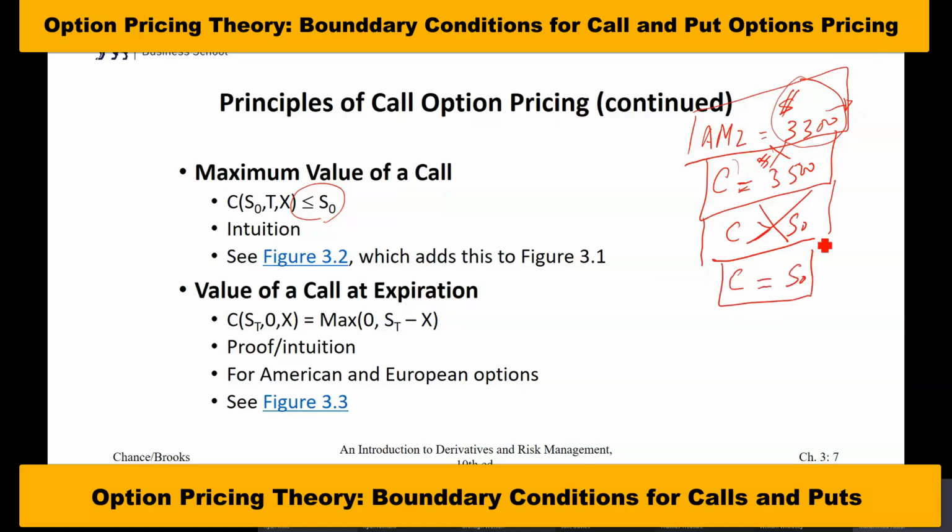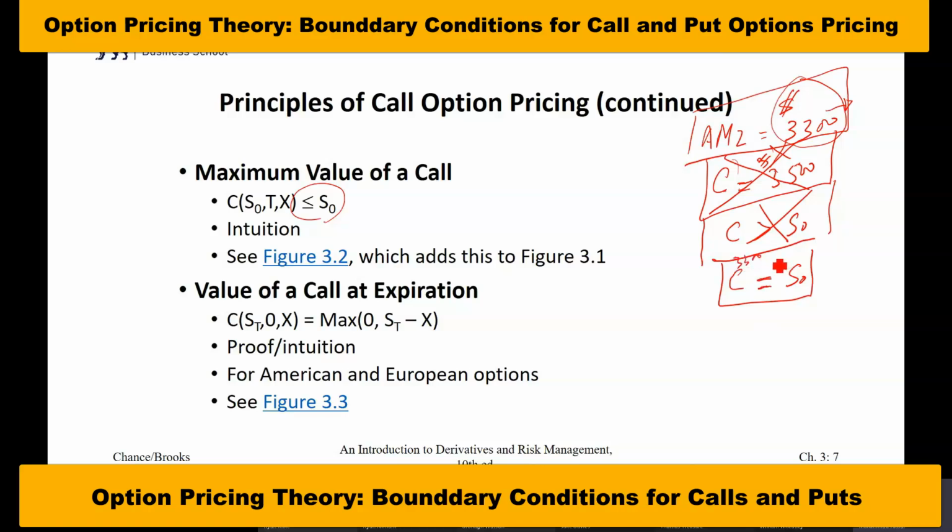When will this be happening? What I'm saying is that it is possible that I can buy a call option which gives me the right to buy the share of Amazon for $3,300. But I'm not ready to say that this is possible. I'm saying this is not possible, but this is possible that I pay